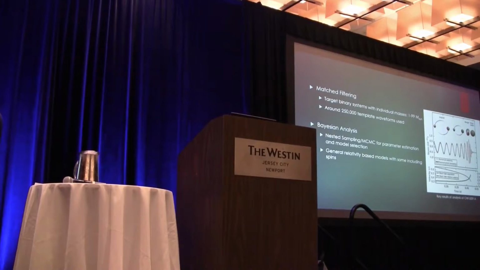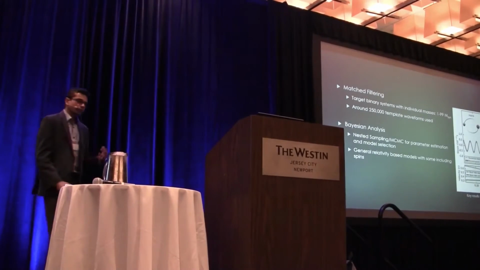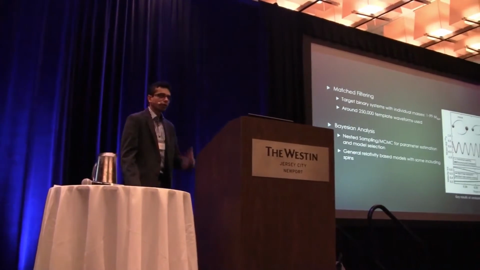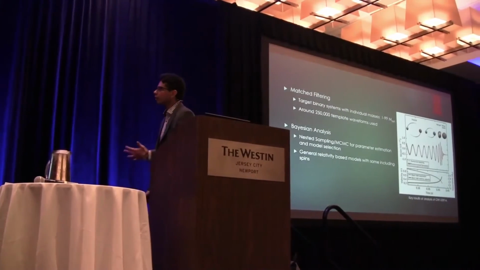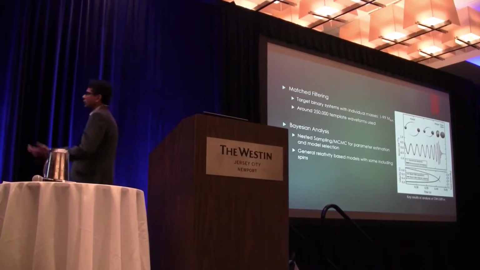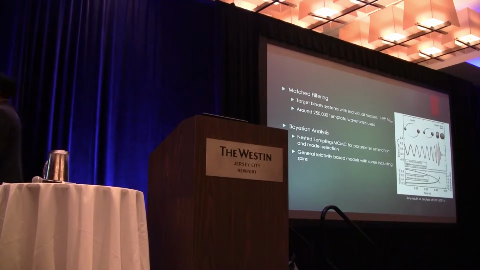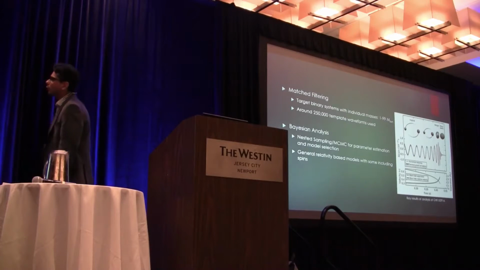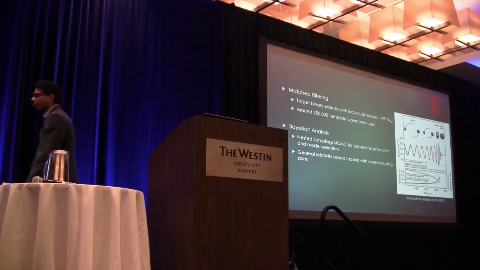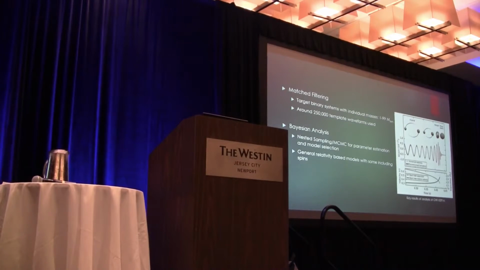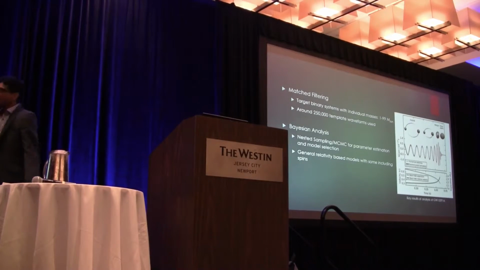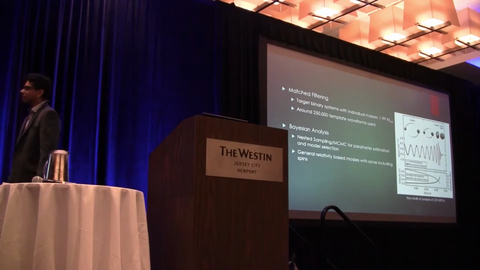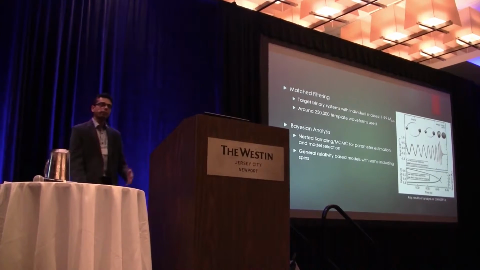Right, so if you don't want to do low latency searches, if the time is not very important, then the actual main way of detecting gravitational waves is through match filtering. And match filtering algorithms in LIGO have been designed to target binary systems with individual masses between 1 and 99 solar masses. They have about 200,000, 250,000 template waveforms. Those are non-spinning waveforms. They take about 10 to 20 minutes for the detection to be done. And the parameter estimates are actually done by doing a fully Bayesian analysis.